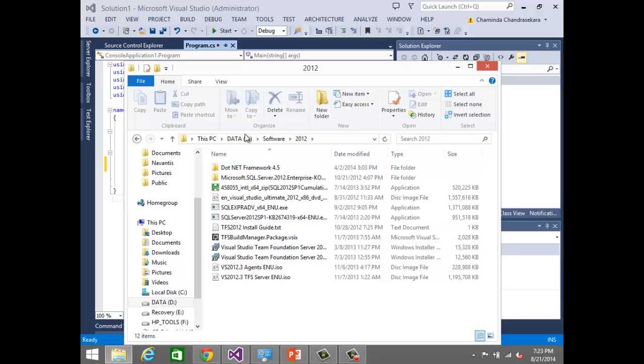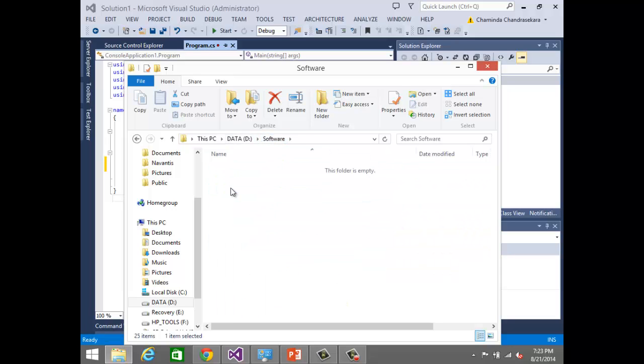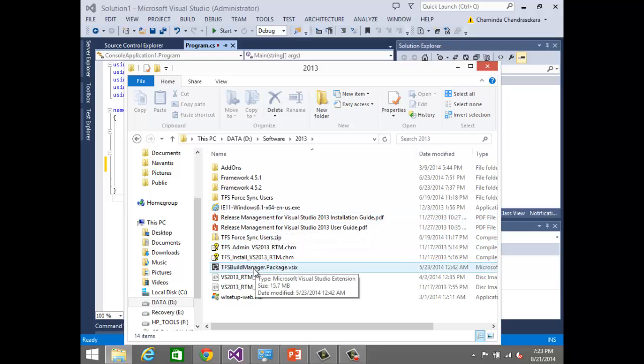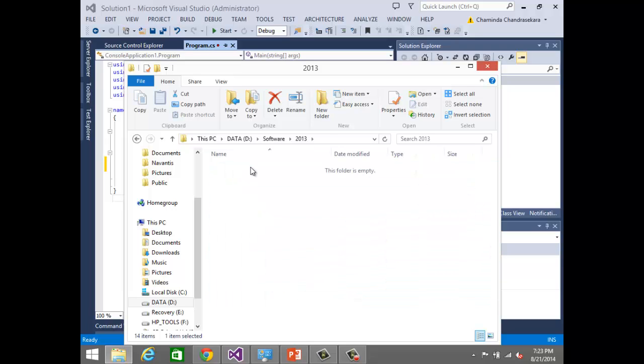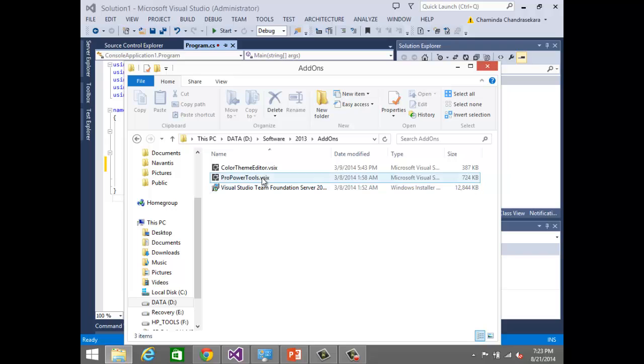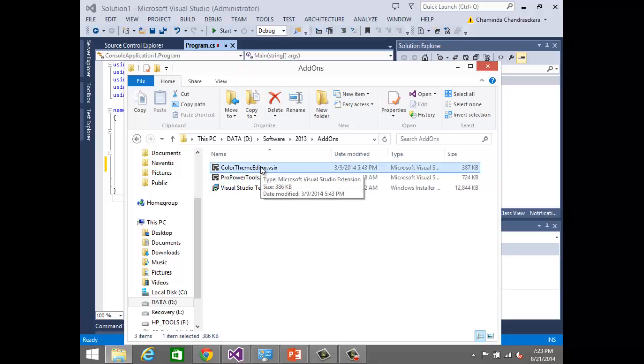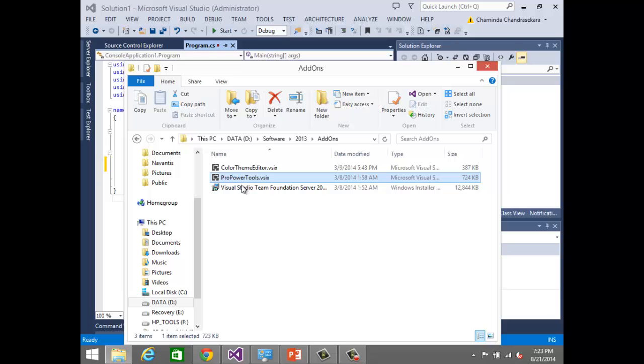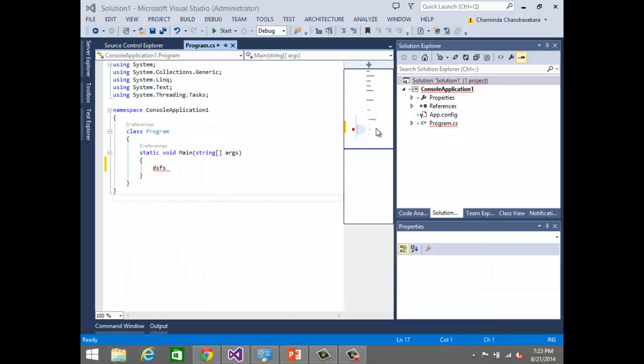Just looking at the set of tools that I have installed. Okay, advanced. This is okay. The most important things are these two. If you want color themes to be changed, then there's a color theme editor. If you want that, you can have it, but these two are really useful. This is one of the Productivity Power Tools options, but it has a lot of other things